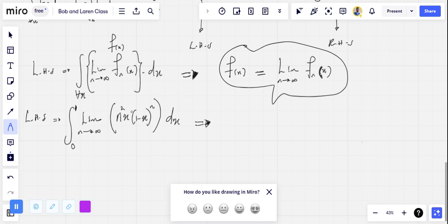Let's take the limit of this. Before I integrate, I will have to take the limit, since the limit is actually inside the integral. So, taking the limit of this,